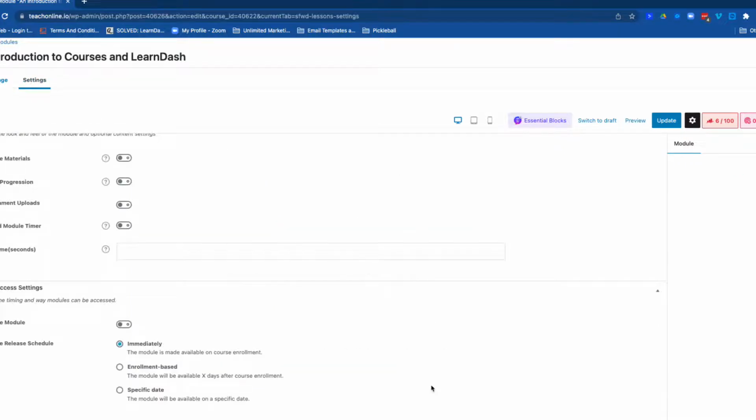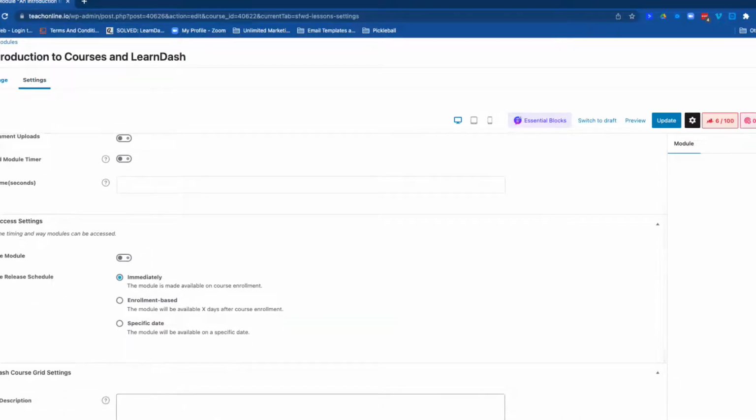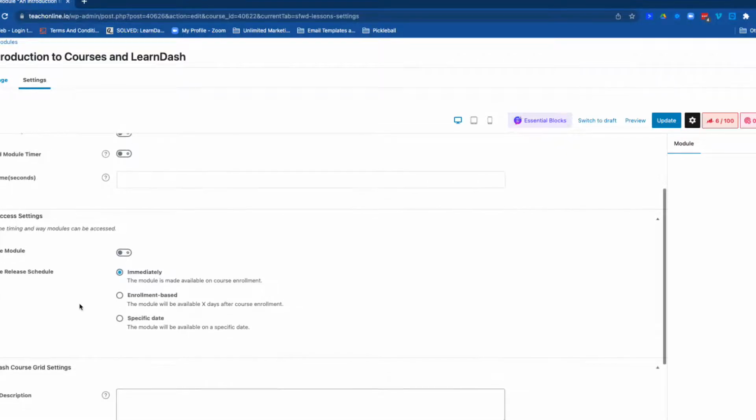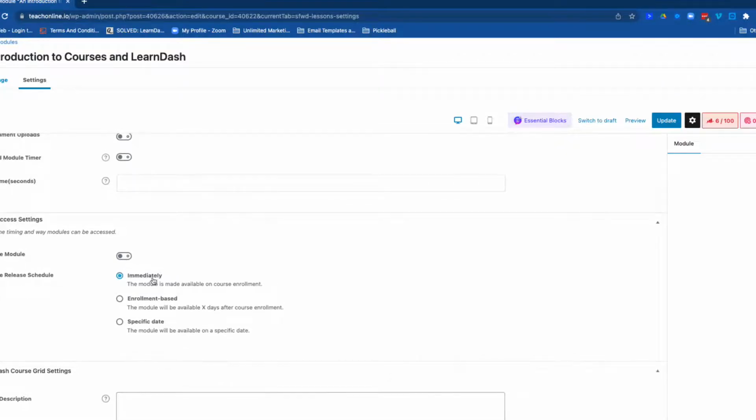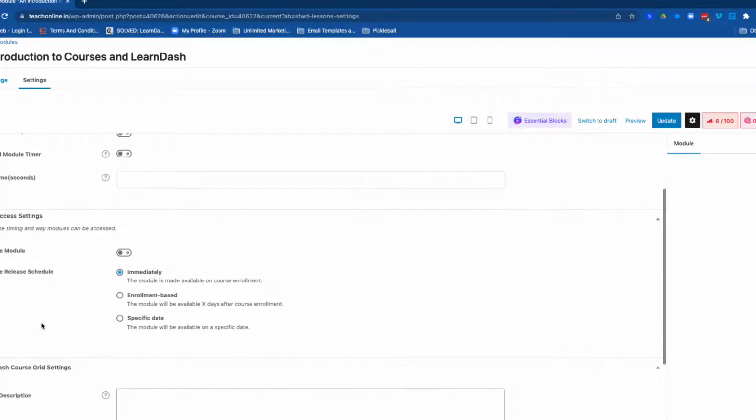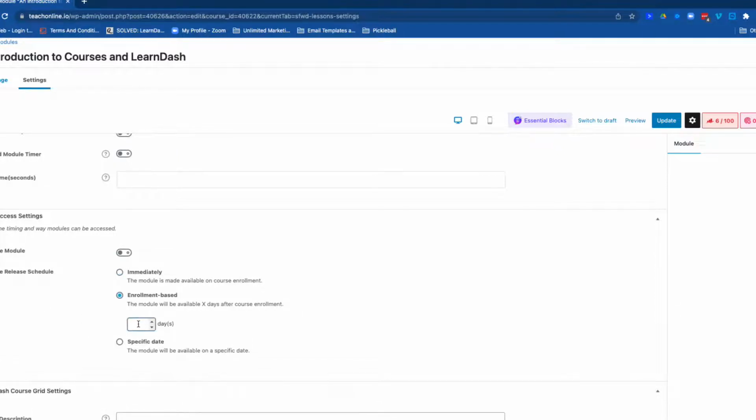And what are the settings? When do they get access to it? It controls the timing and way the modules can be released. So this module is made available on course enrollment. This module is available X days after course enrollment or on a specific date. In my case, if I wanted to make this lesson the second lesson a week apart, I would select enrollment based and I would say